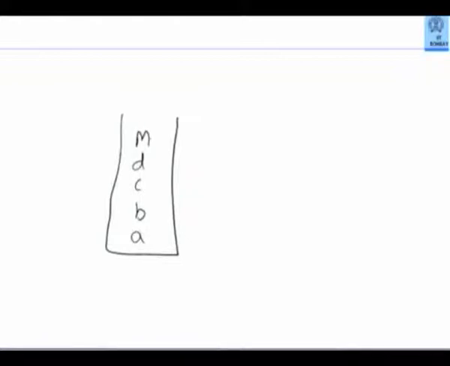Consider there is a stack in which there are elements A, B, C, D and capital M, some arbitrary characters. Which is the element at the top? Which is the position after M where I can put a new element? Just one above it.